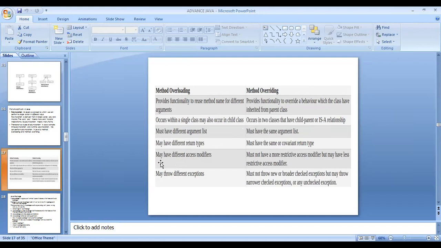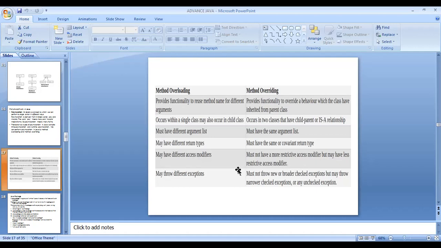Method overloading may have different access modifiers; different types of access modifiers can be present. But method overriding must not have a more restrictive access modifier, though it may have a less restrictive access modifier.